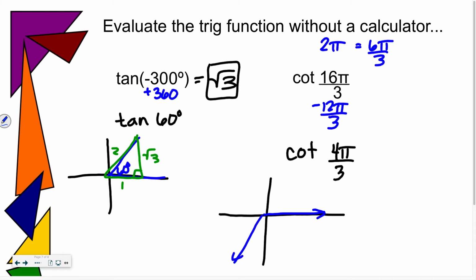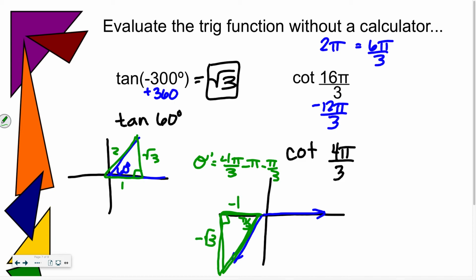So we know it's down here. And we already talked about how I can do the work for theta prime: it's the angle minus pi, the overflow. But I know it's going to come out to pi over 3 right there. And remember, that's not 30 degrees, that's 60. So this side is negative square root 3, this side is negative 1, and that's 2. And if you're doing cotangent,